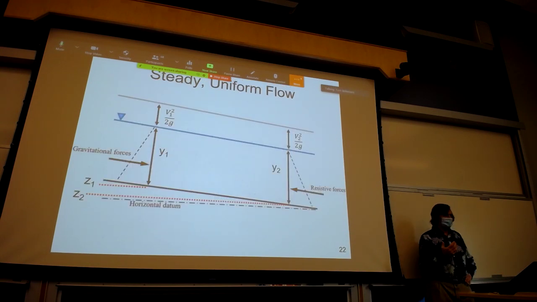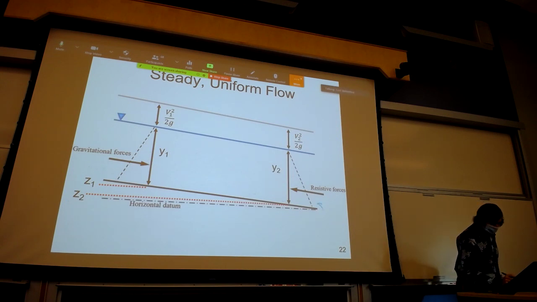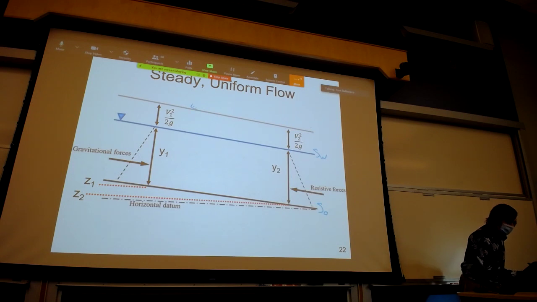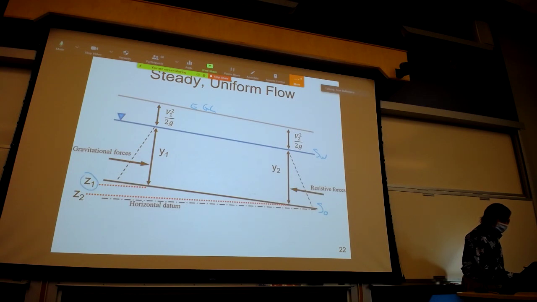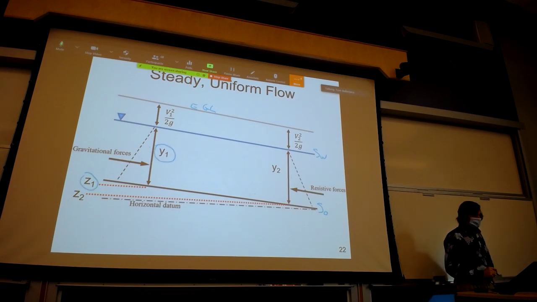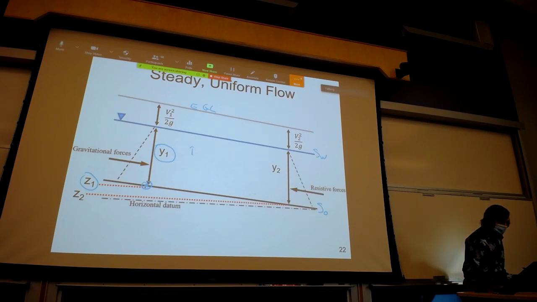So this is a graphic depiction of steady uniform flow. And what you see clearly is the bed slope. You can also see the slope of the water surface. And the energy grade line is up here. So remember, the energy grade line is Z plus P over gamma. And remember, if your point is at the bed, the depth of water there is y. The pressure there is gamma y. And the P over gamma term in the energy expression